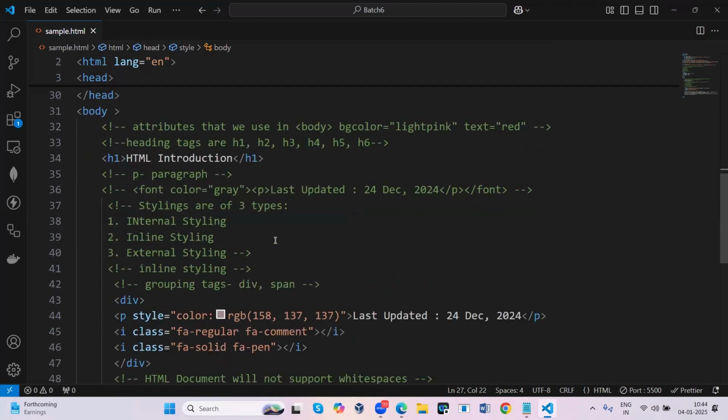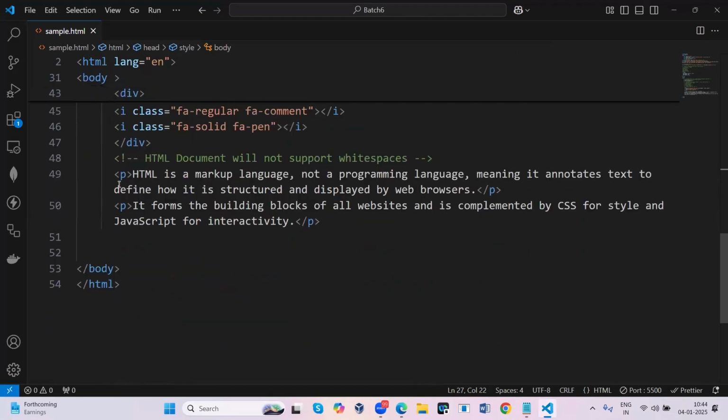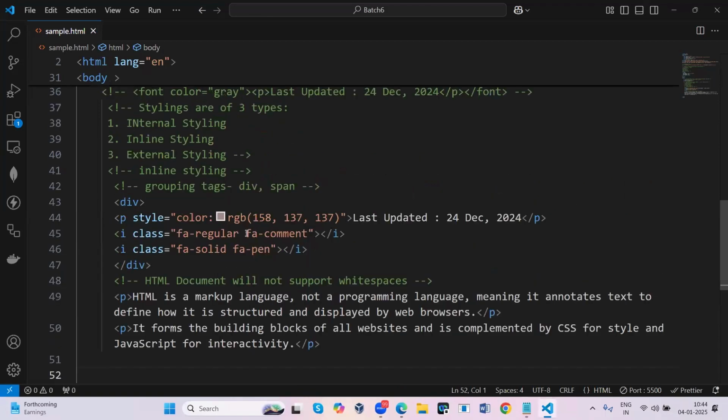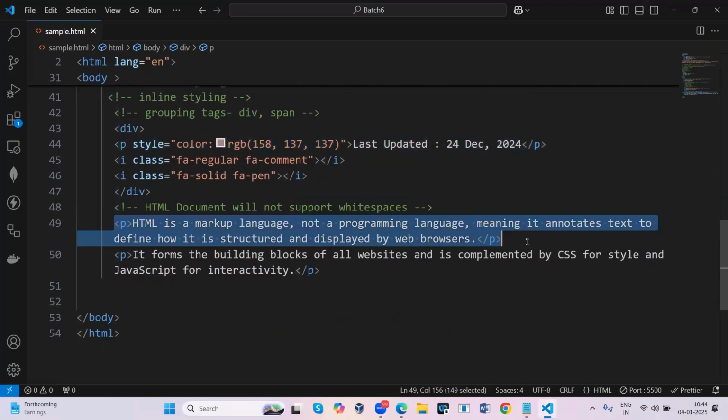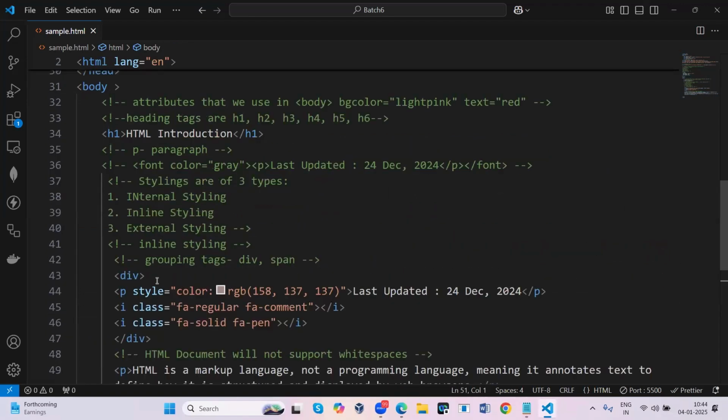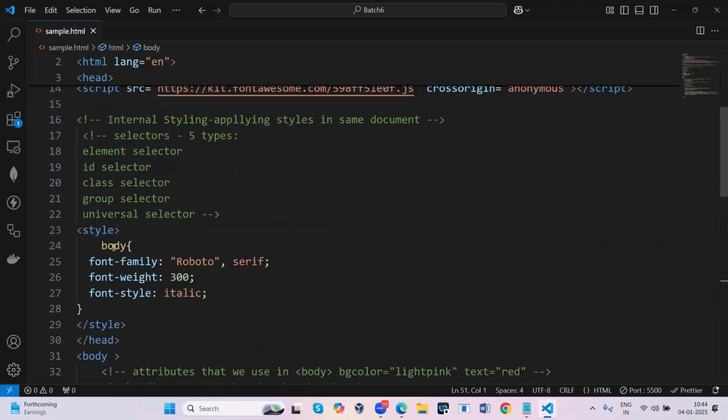Okay, so now what I should do here is style my paragraph. Here in my document, there are three paragraphs. This is one paragraph, here is the second paragraph, and this is the third paragraph. I'm going to do internal styling. Internal styling means doing styling inside the head tag using the style tags.